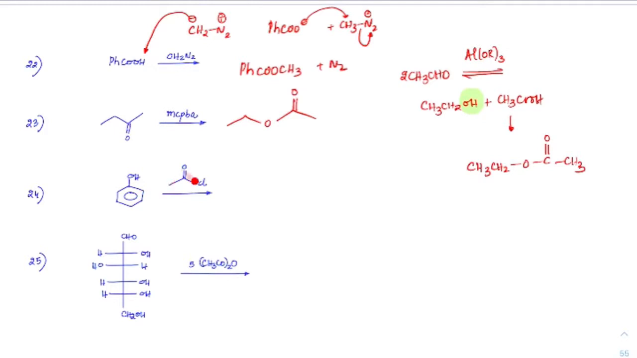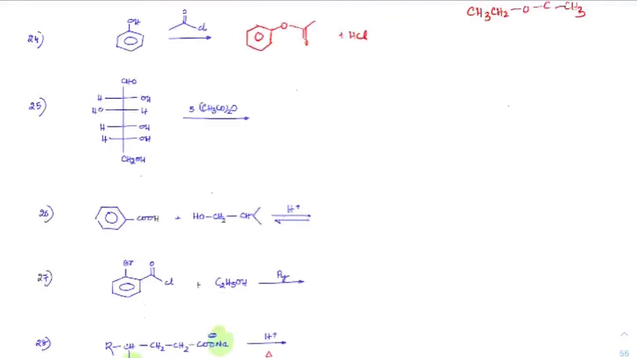Phenol and this acyl chloride. Got it? We know that it would have O connection with double bond O and this plus HCl will come out. This is the product formation. Simple SN2 reaction, chlorine will come out of that. Next,